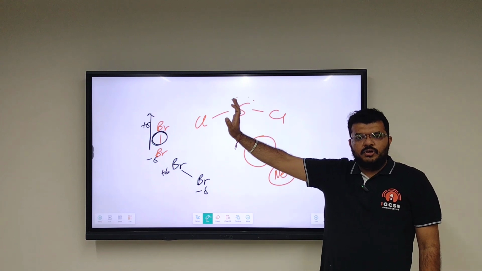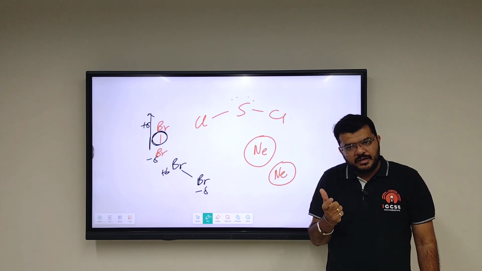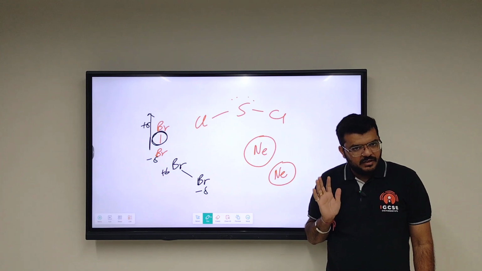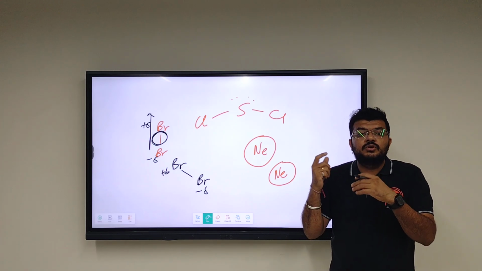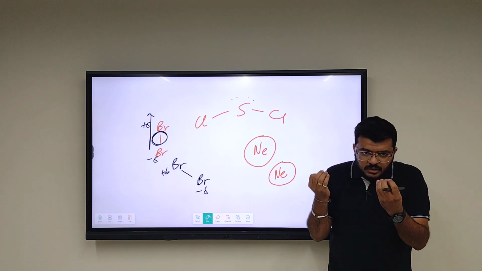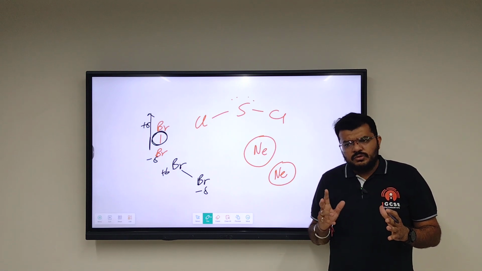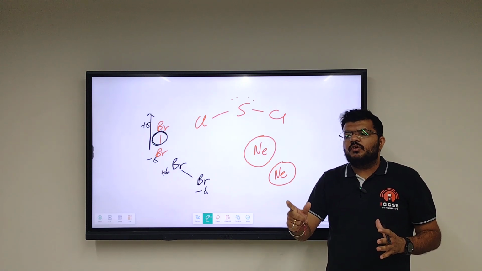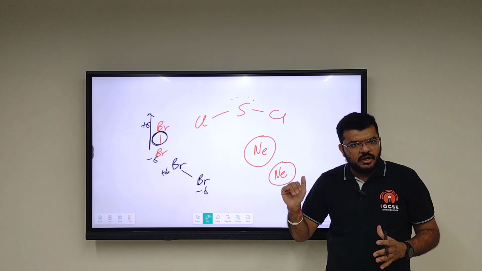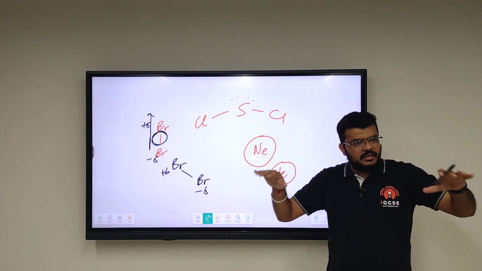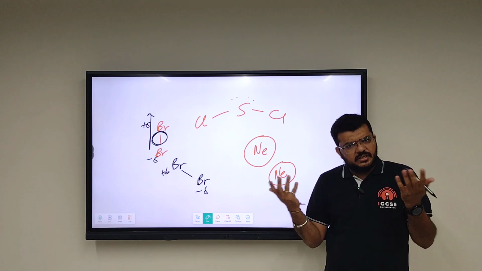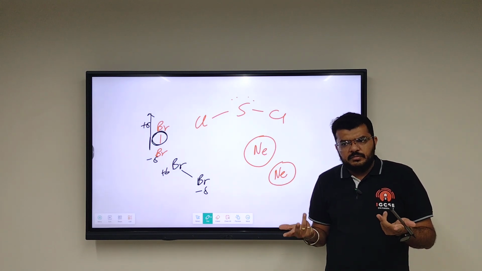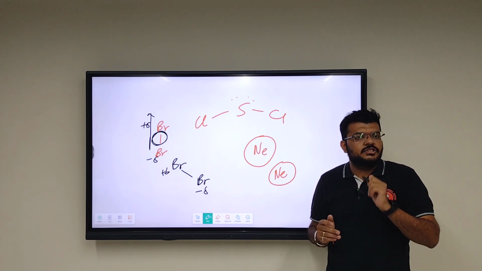So you look at the central atom, you find out how many bonded pairs it has, how many lone pairs it has. If it has zero lone pairs, it has no lone pair at all, right? So if let's say it has formed a double bond, it will be linear. If it has 3 atoms around it, what shape will it be? It will be trigonal planar, because it has no